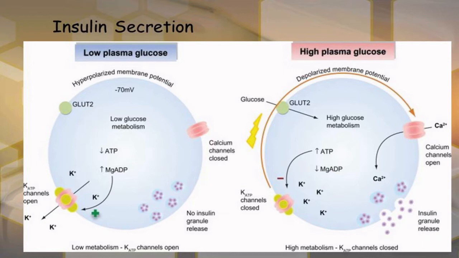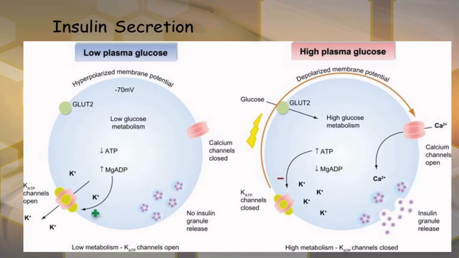It senses the presence of high glucose concentrations, allows glucose to be transported from the outside of the cell into the cell, and as a result, the glucose metabolism increases. When glucose metabolism increases, the concentration of ATP increases, concentration of ADP decreases. So when ATP-ADP ratio is high,